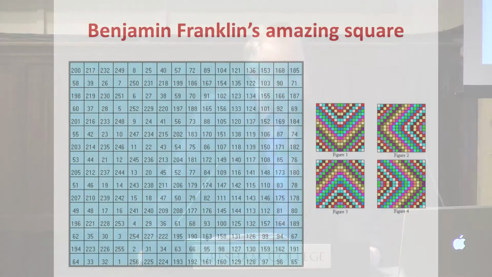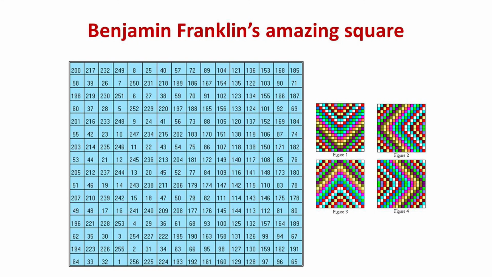Before I leave the subject of square patterns, it's a fascinating topic, and some of these square patterns that people come up with, whether they're Latin squares or magic squares, can be truly amazing. So here's one of my favourite examples, designed by none other than Benjamin Franklin. Here you can see a pattern of size 16. It's not actually a magic square, it's a semi-magic square. The numbers in every row and every column add up to 2056,